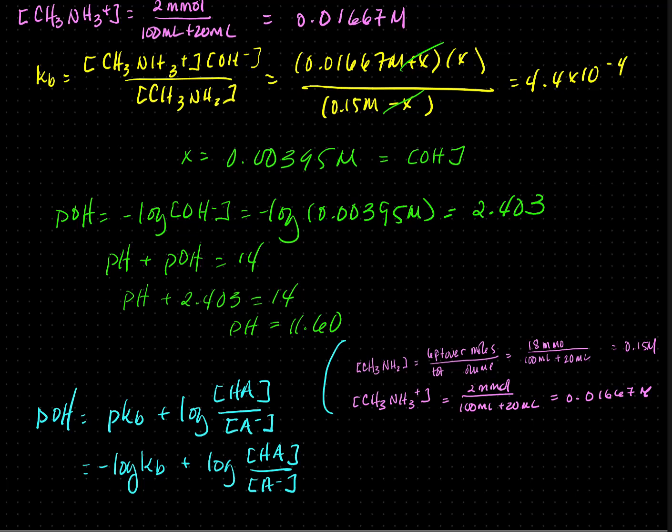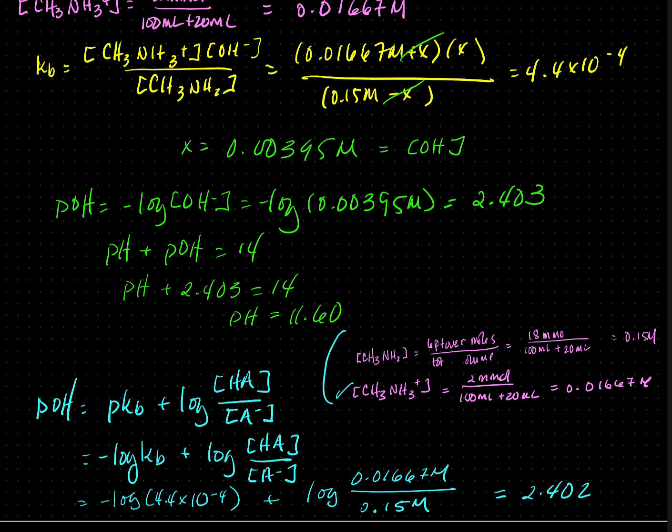Since we already calculated this, we could just plug it in. We know the Kb is 4.4 times 10 to the negative 4, plus the log of the conjugate acid, which is this one right here, 0.01667 molar, divided by the weak base, which is 0.15 molar. And when you solve for this, you will get exactly